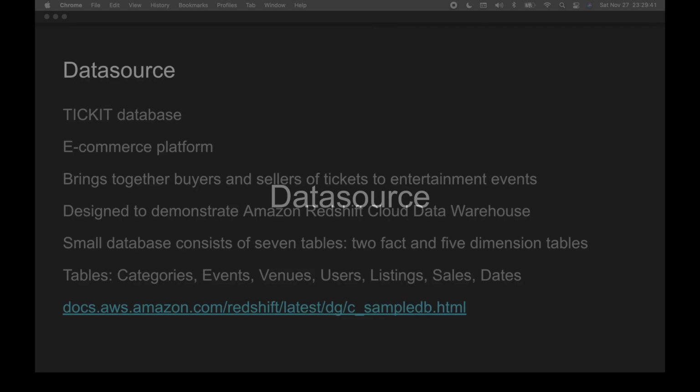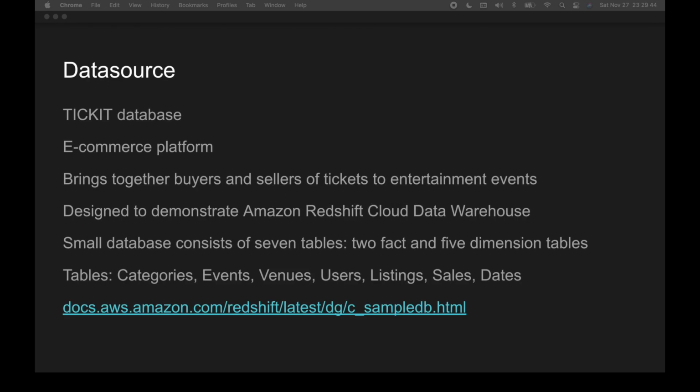Data source. The ticket database is provided free by AWS. It is used in the AWS documentation to demonstrate Amazon Redshift. According to the documentation, this sample database application helps analysts track sales activities for the fictional ticket website, where users can buy and sell tickets online for sporting events, shows, and concerts. In particular, analysts can identify ticket movements over time, the success rate for sellers, and the best-selling events, venues, and